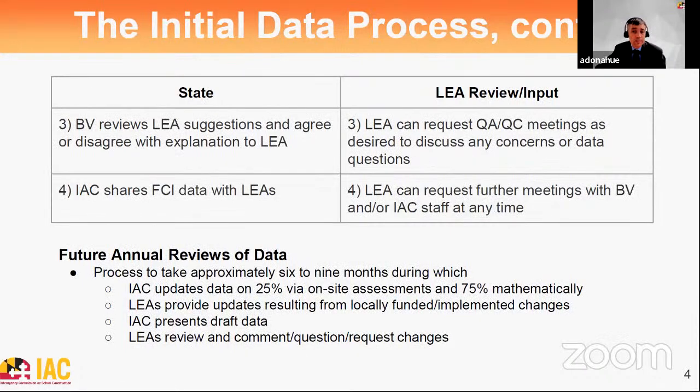BV reviewed and accepted the LEA's corrections, or in a very small percentage of cases, kept the data as collected and provided an explanation to the LEA. Throughout, the LEAs were able to request meetings to discuss the data, and in many cases did. Finally, in late August, the IAC sent each LEA the FCI, or Facility Condition Index, data on each of their